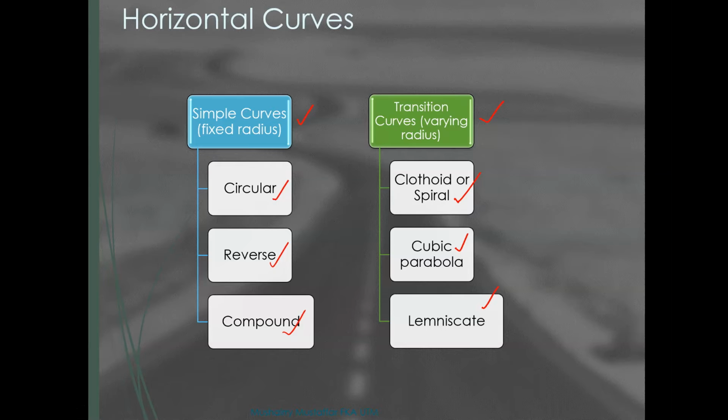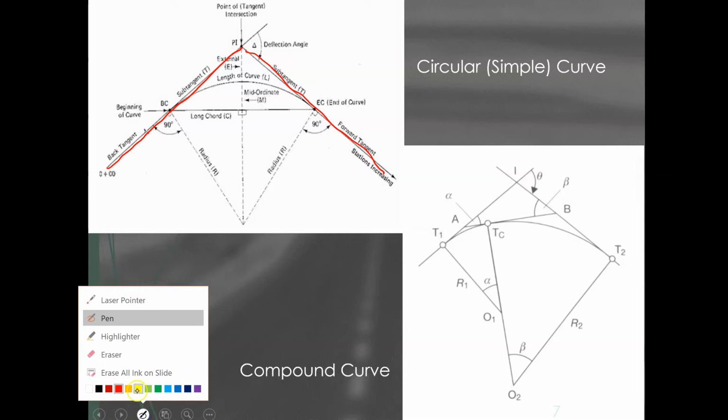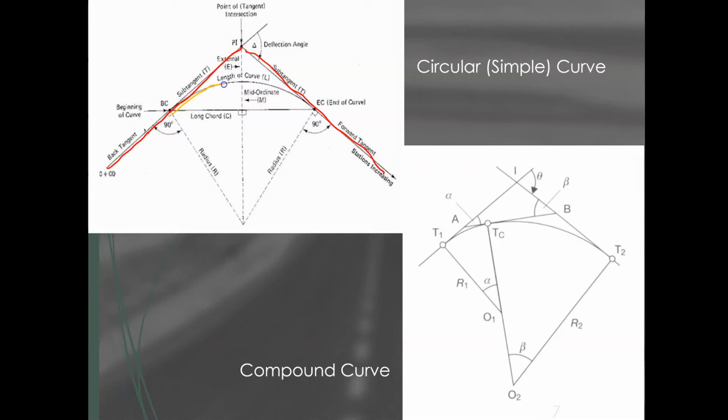Okay, let's see some examples of simple curves. The top diagram there shows a simple circular curve, meaning that we have one straight coming that way, intersecting at that point, and that straight will be going down this way. You're going to join those two straights by using what we term a simple curve, a curve with just one constant radius.